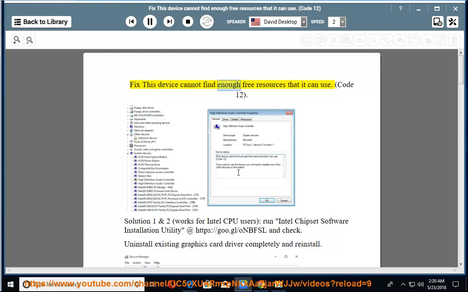Fix: this device cannot find enough free resources that it can use. Code 12. Solutions 1 and 2 work for Intel CPU users. Run the Intel chipset software installation utility at https://goo.gl/onbfsl and check. Uninstall the existing